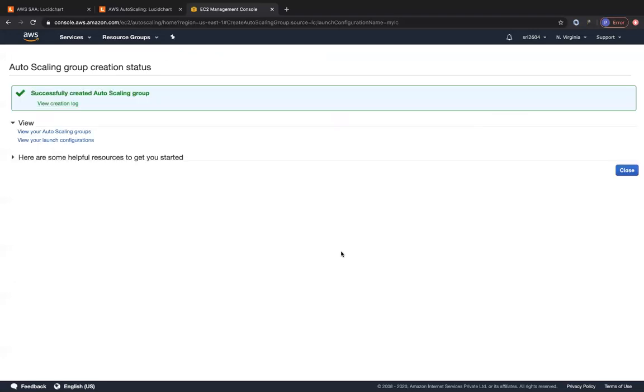If some people don't get it right the first time, please do follow my lecture, or else there is going to be a button over here which states retry failed tasks. It may take 1 or 2 minutes to create the IAM role the first time that you do the auto scaling lab, but the second time onwards it should create properly. So for the first time alone, you may get a retry failed tasks button over here. It's totally fine. Click on that, and automatically you will get your auto scaling group working fine.